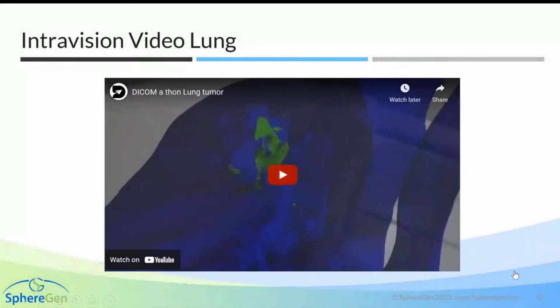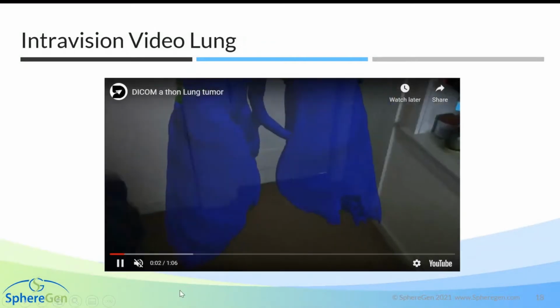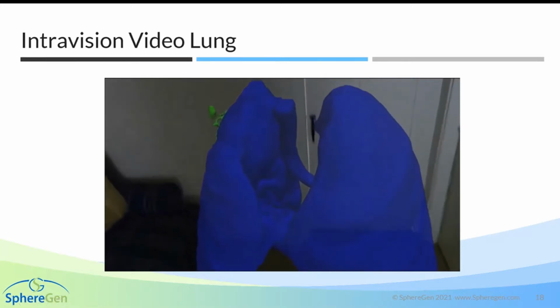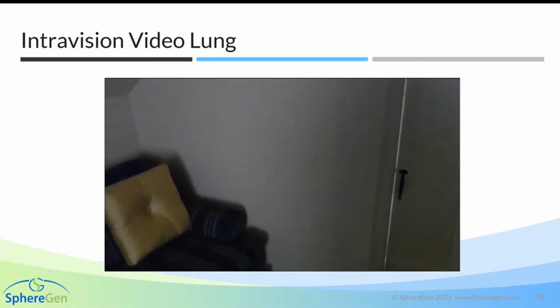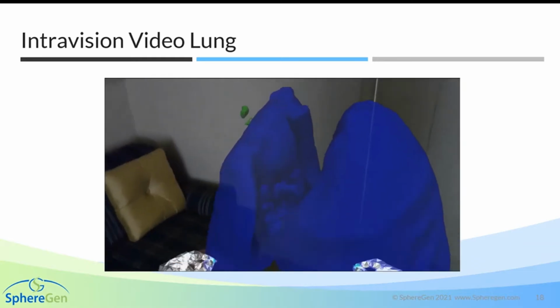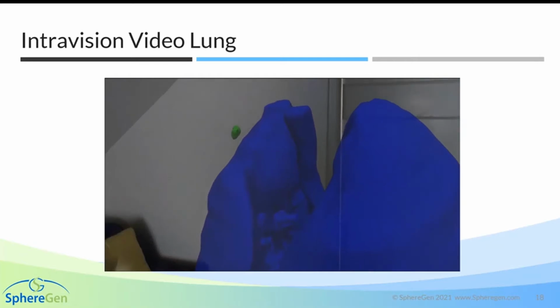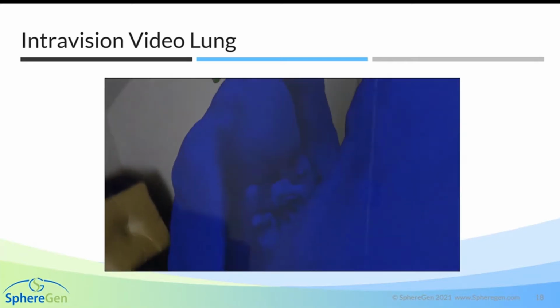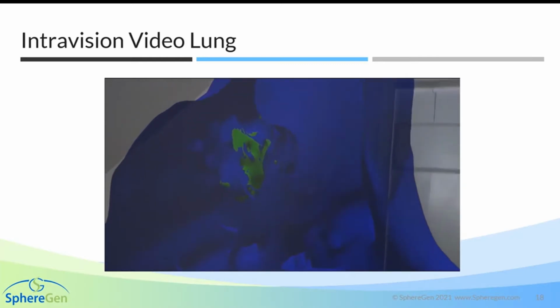So this is a video taken through the HoloLens of an actual model that was created. And obviously you can see it's a pair of lungs. What I'm going to do is first just take a peek. Oops, there we go. It blinks sometimes. This patient has a T4 lung cancer, which you're going to see in a moment, around on the other side. So we're going to show you how, and I apologize for the coloring, but you can see how now